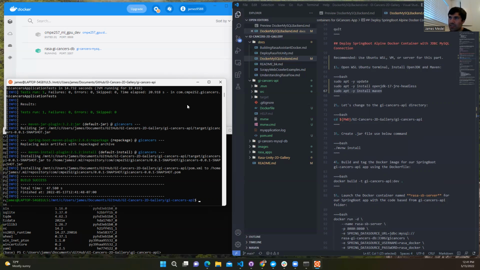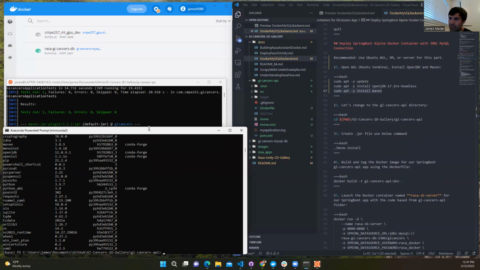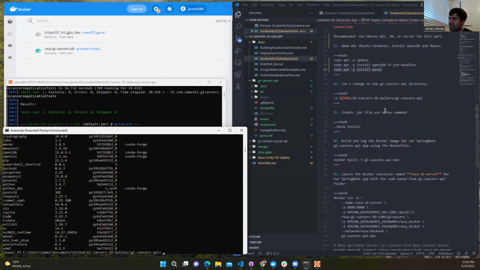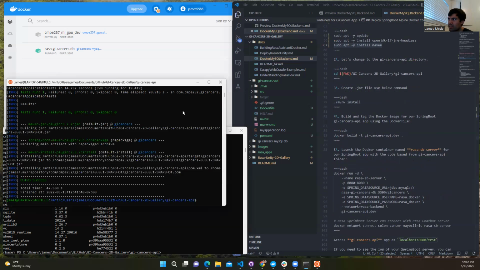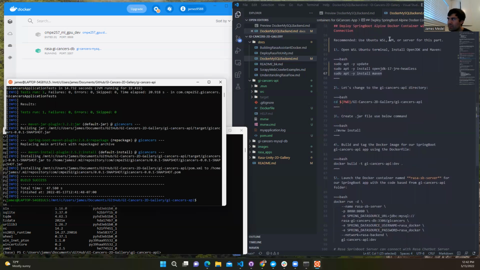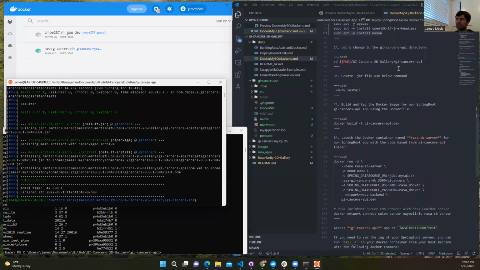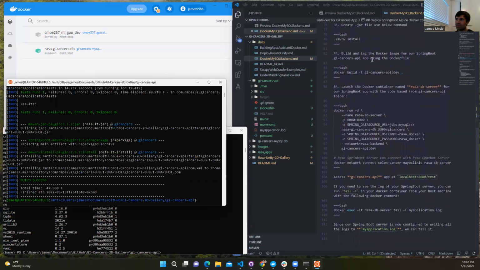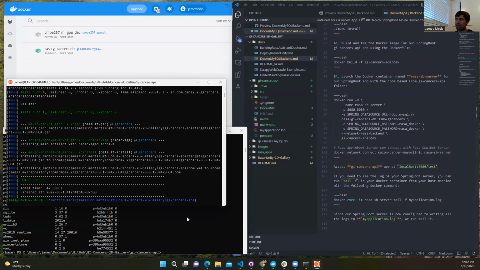Okay, build was successful in Ubuntu WSL. Build failed in Conda. Most likely it had to do with probably we didn't have OpenJDK 17, which I'll verify later. Okay, so that worked. Now what we can do is we can build our